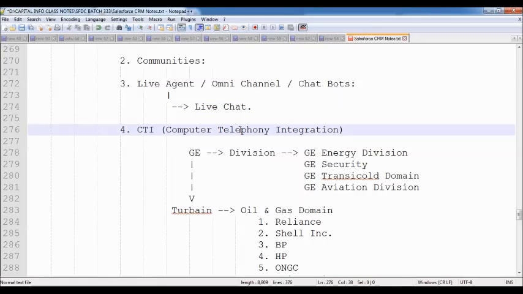When you observe most websites, at the bottom right corner you will have a small chat window, which is called live chat. So this live chat is also called live agent. This is also called omni-channel. These are also called chatbots.